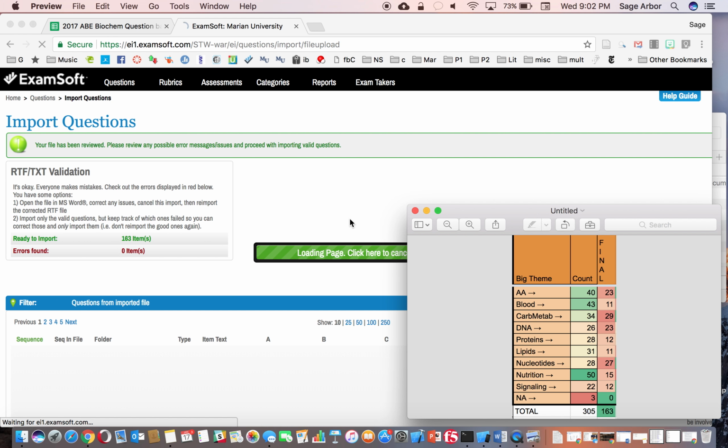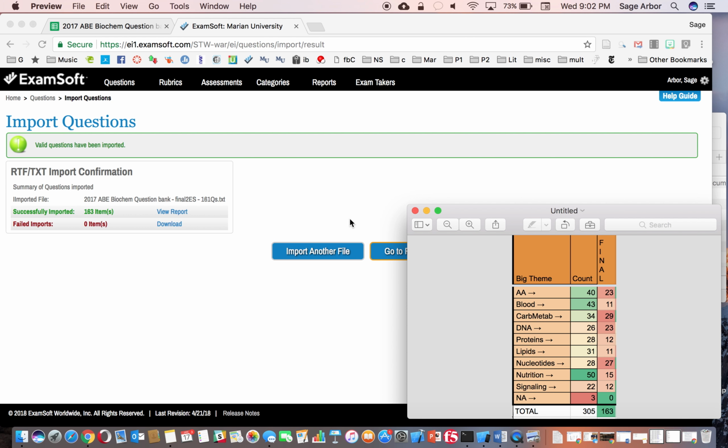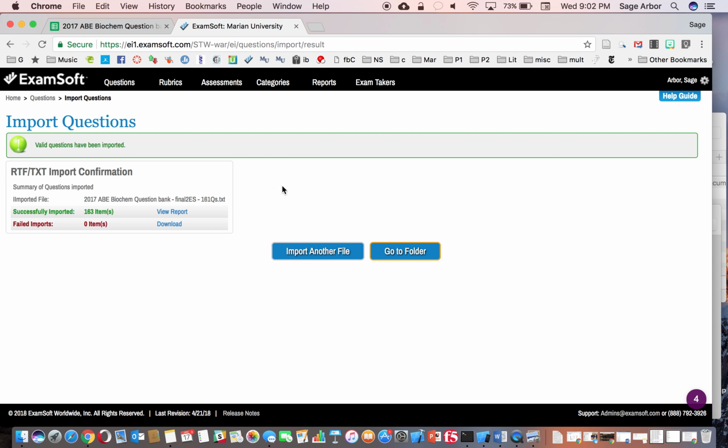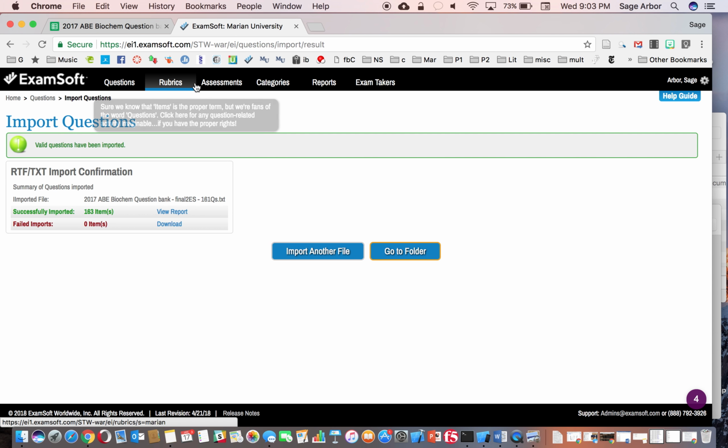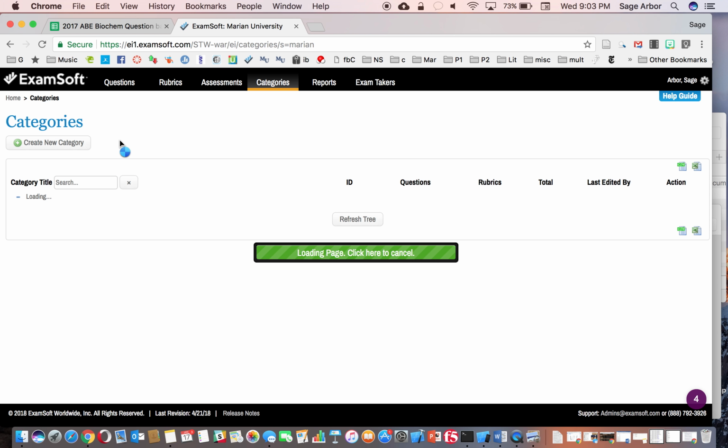The one point to point out is that this is a secure test bank, so you cannot use this in any manner in which students could have an electronic file at any point. So if we go over to categories now, or you can look at the questions later,